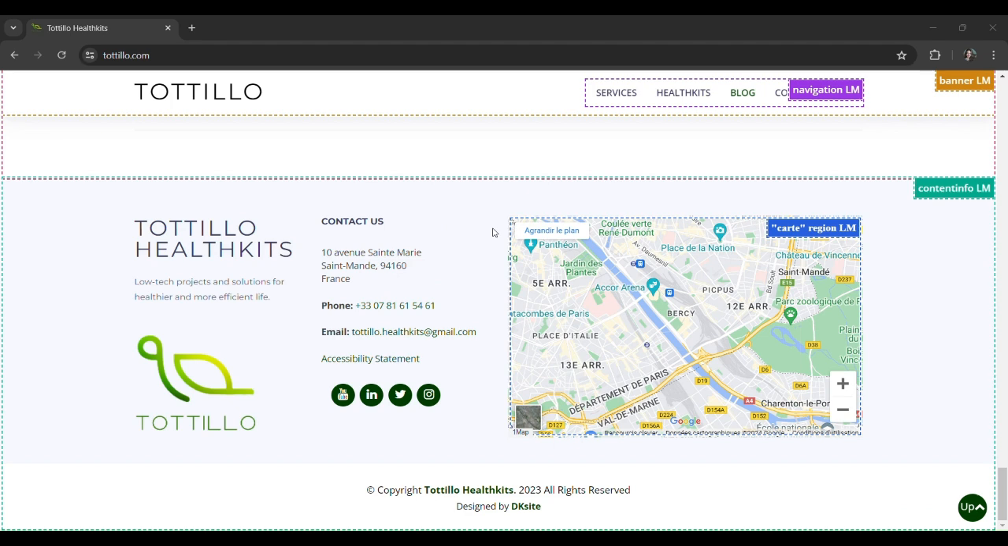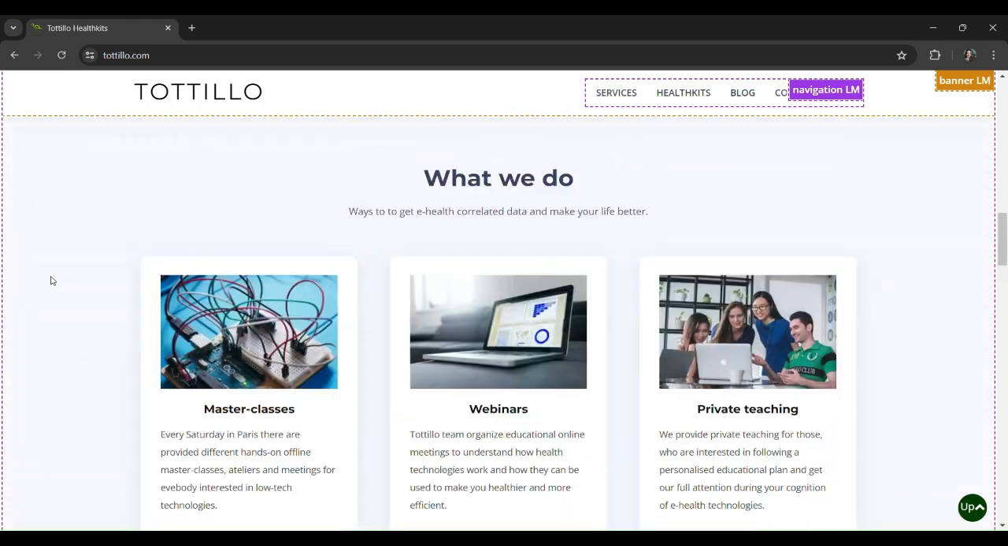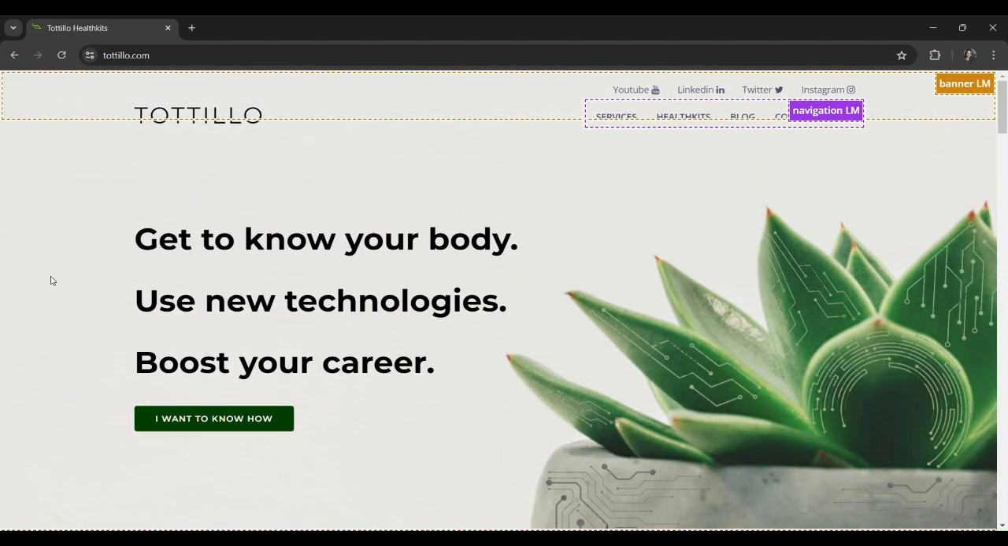And there is a banner, navigation, main part, content info, and region, the card, the map. So here we see the navigation, the services, health kits, blog, and the footer. And on the top there is a